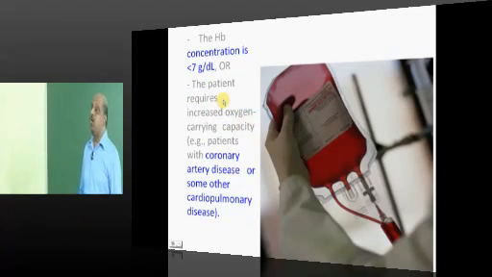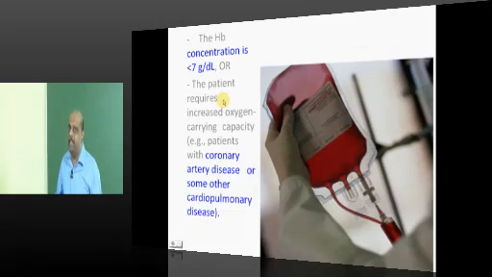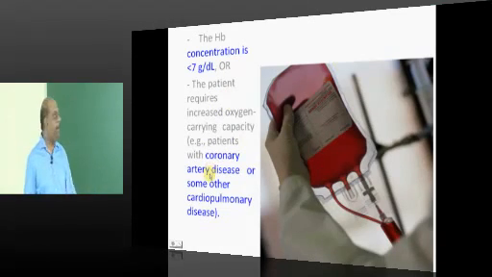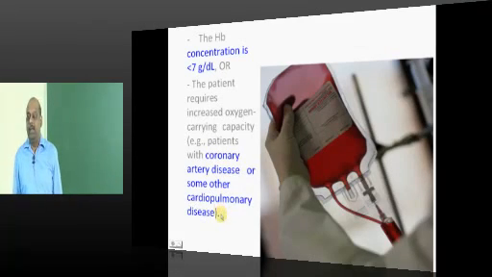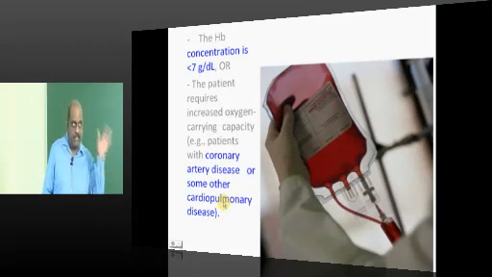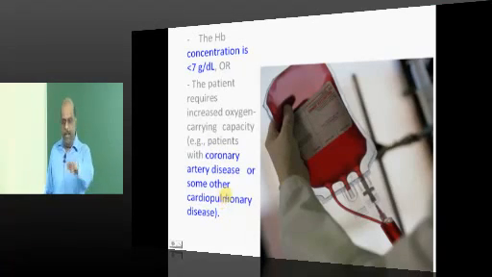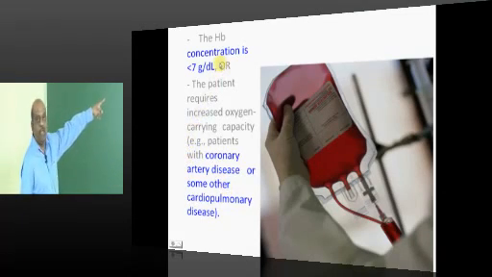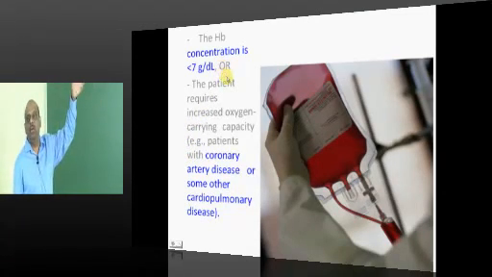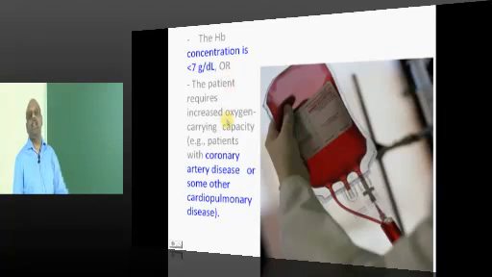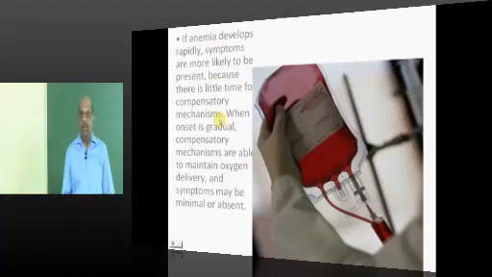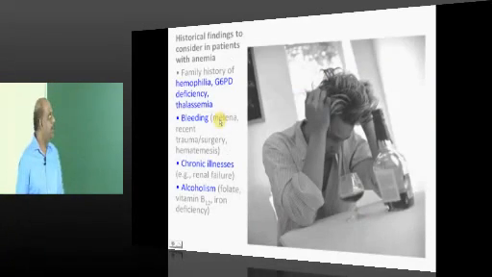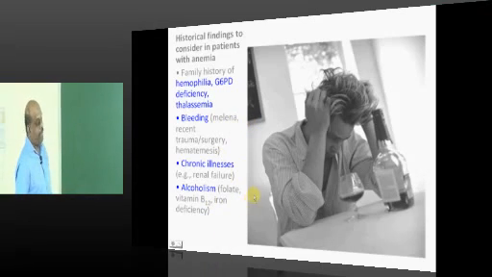Similarly, there are certain comorbid conditions where anemia is intolerable. For example, the patient has coronary artery disease or any cardiopulmonary disease. In them, the heart cannot tolerate even slighter degrees of anemia. So we need to maintain good hemoglobin. For them, even if the hemoglobin concentration is 8 or 9, it can become an indication for transfusion, is what needs to be remembered. Similarly, any rapidly developing anemia, they are all very, very important.